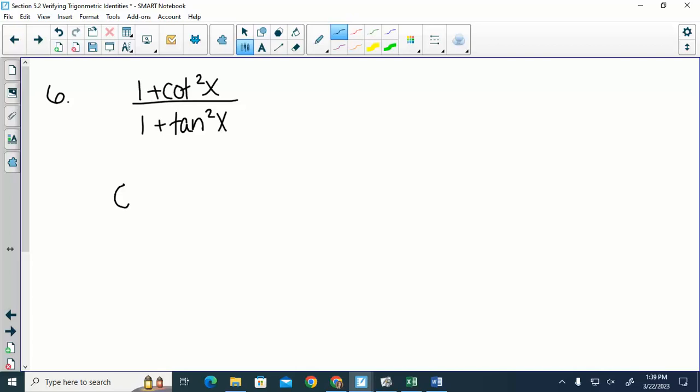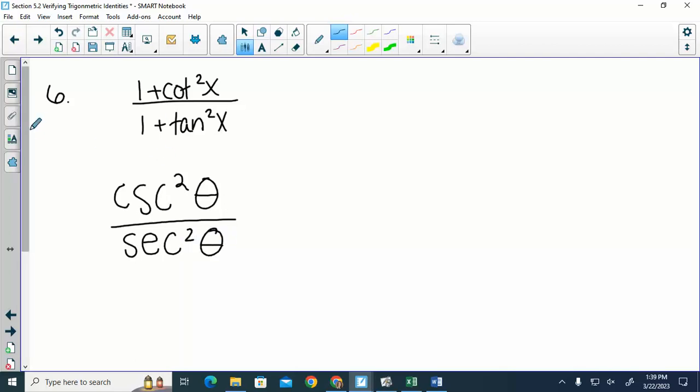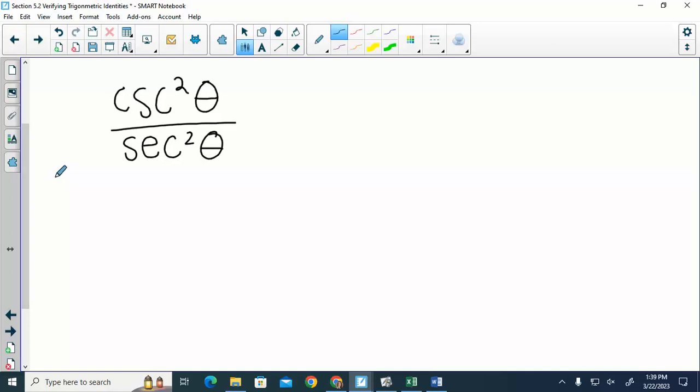We have cosecant squared. Am I writing super big? It's okay. Those should technically be x's just because they were x's in the original problem. But all right. So now, what would we change these into? So cosecant squared would be 1 over sine squared x, divided by